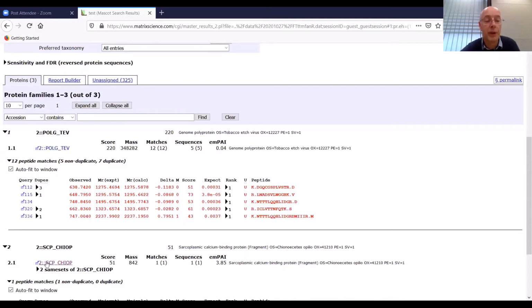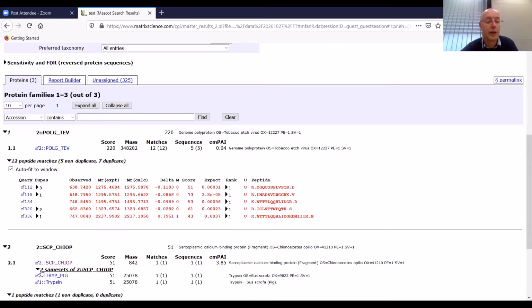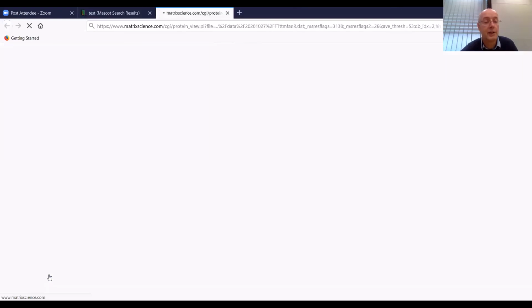So this is where we were, and I'm telling you because I know that that protein has never been in our lab, so how can we have a hit for it? Well, what you have to pay attention to is this. It says same sets. If we click on this, we've got the same score. We scored 51 for this protein, and we've got the same score for trypsin. Now, of course, trypsin is going to be in our sample because we put it there, because it's a tryptic digest. So trypsin is there, and if we look at that data set,